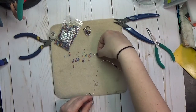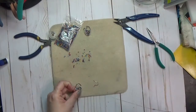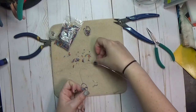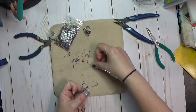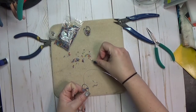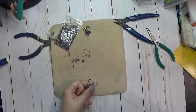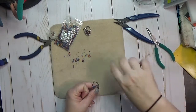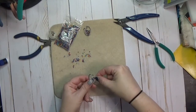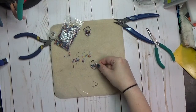And again, some of them required 8 beads on this third layer. Some of them were 7. Anyway, it was just enough to fill it. I was not trying to be consistent in the number of beads because the beads themselves are inconsistent in size. So I put about how many I thought were in there. I'm going to look at it, decide if that's enough,